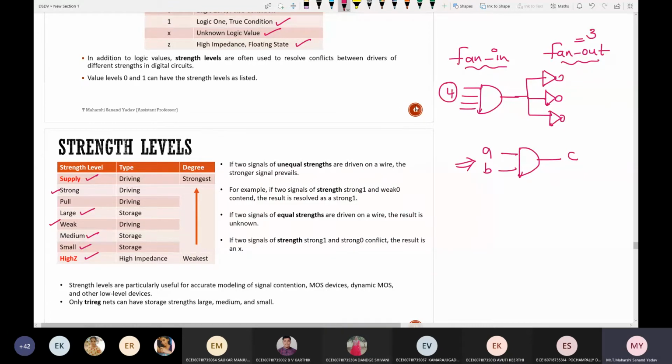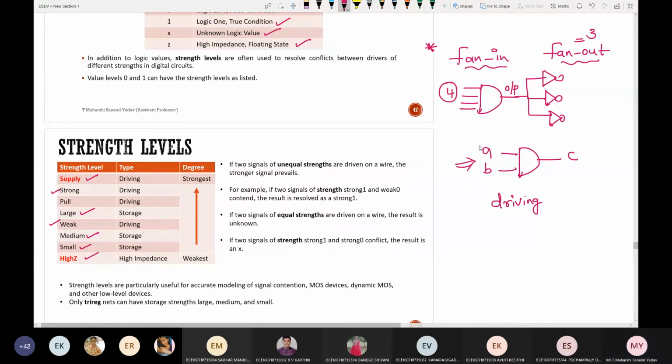The number of inputs indicates fan in, and by taking that particular output, how many different gates I'm driving is called fan out. Remember the term driving. By using this, you can remember fan in and fan out. Fan in means the number of inputs it can handle. Fan out means by using one particular output, how many different gates it is driving.